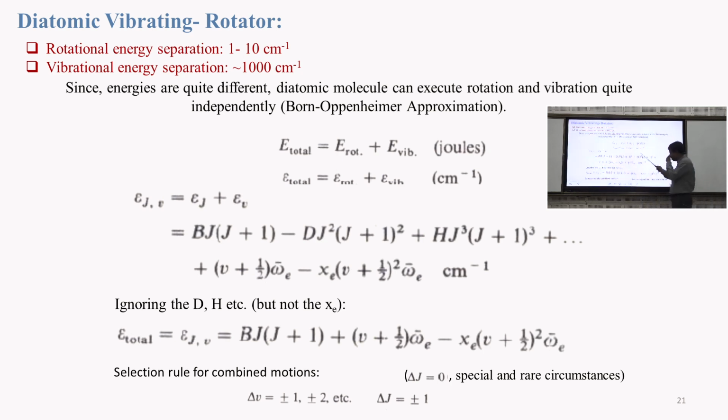Okay, so if you ignore this one, then you will have a rotational component and then a vibrational component, and the selection rule will be